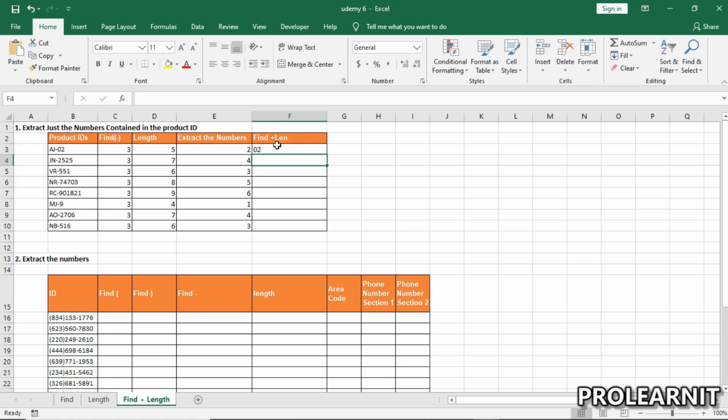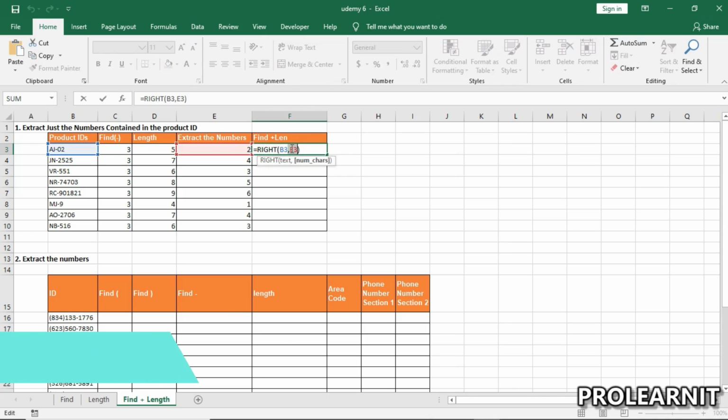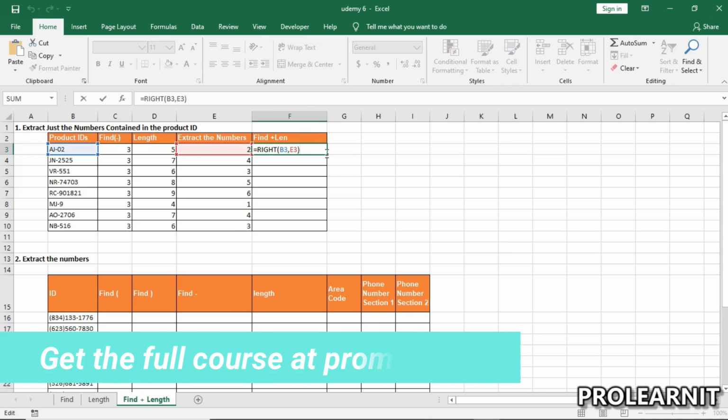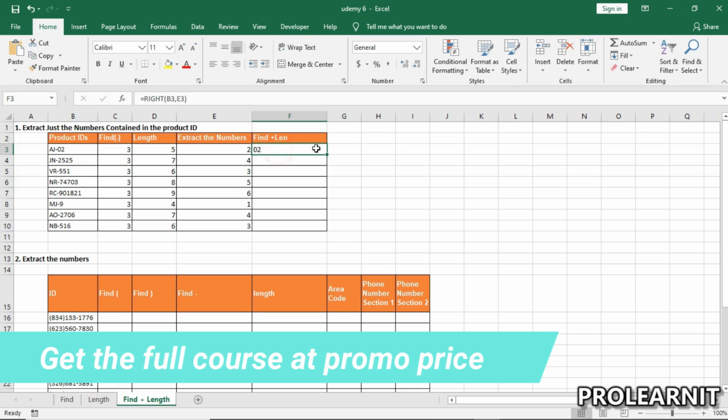Now you can see it's giving me 02. What it's doing is counting from the right, from this section where my cursor is blinking, and then counting to the left-hand side. In other words, it's going to first count 2 and then count 0, and then it's going to output 02. Because what I specified in my function is that I made reference to E3, telling it to count twice. That's basically what I'm doing right now. If I then drag down to the end,